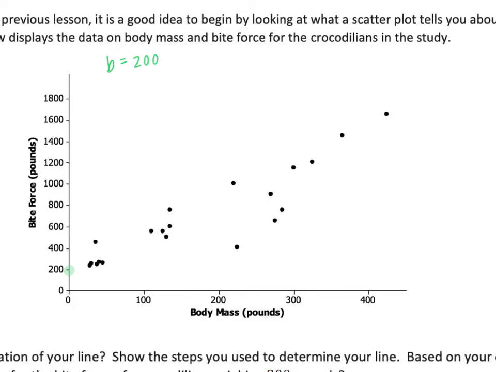The second thing I want to do is figure out maybe where the end point is going to be. Okay, well, if I were to draw a line through this, I would want it to hit as many points as possible. So I would want it to go through these, right? Maybe hit this one, try to hit that one, try to come close to this one, etc. So it's probably not going to hit one of these points that is already on this graph, but I can figure out where I want it to hit